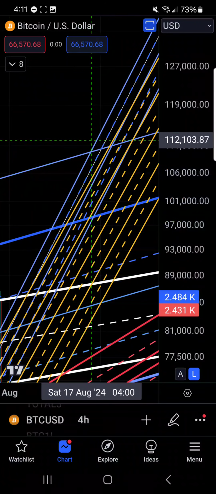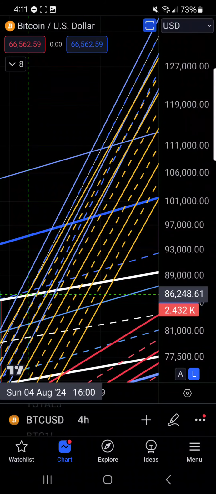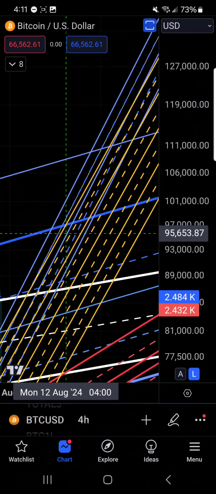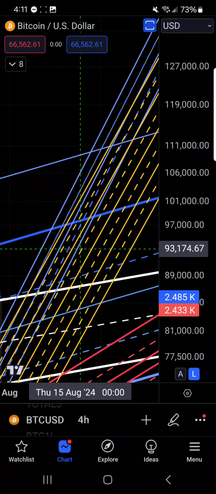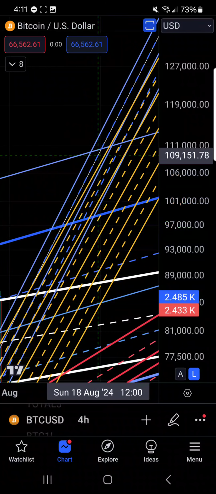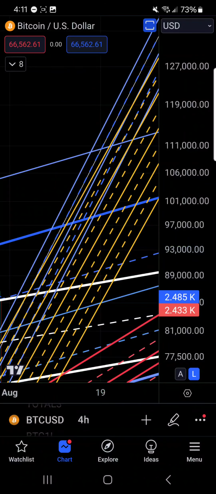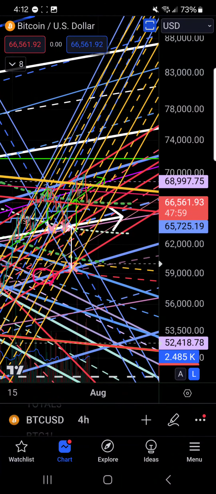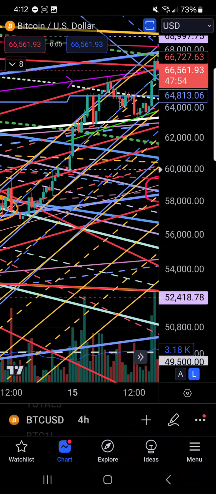Not actually replacing them, but I have this set of 2 blue parallel channels that was depicting price action, and as it's played out, I've decided to... I'm not sure. They're very, very similar, but the orange ones have a slightly more shallow slope than the blue ones, and you can see that since